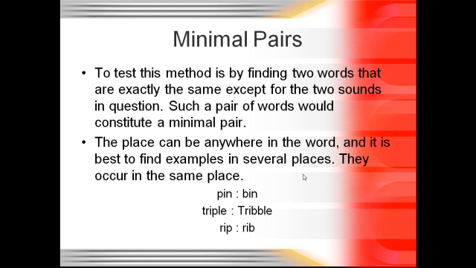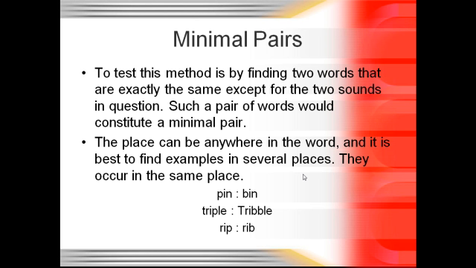I hope you remember the spectrum that I showed you last class, which showed the voicing in the different words. And then we have also triple and treble, the same pair of sounds